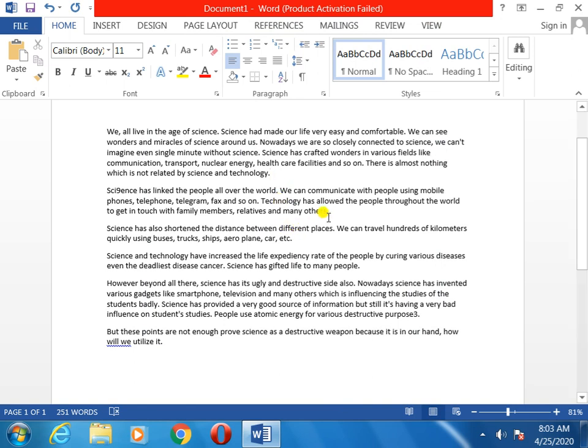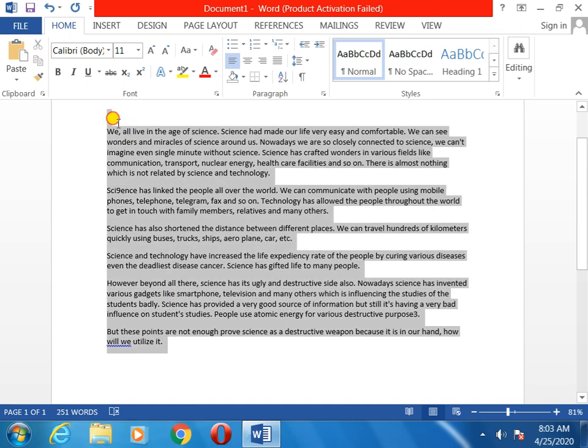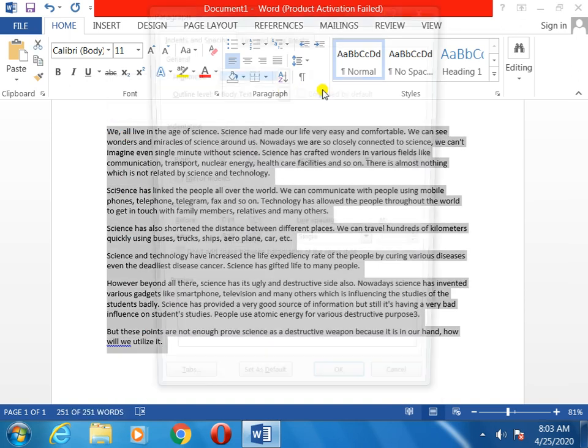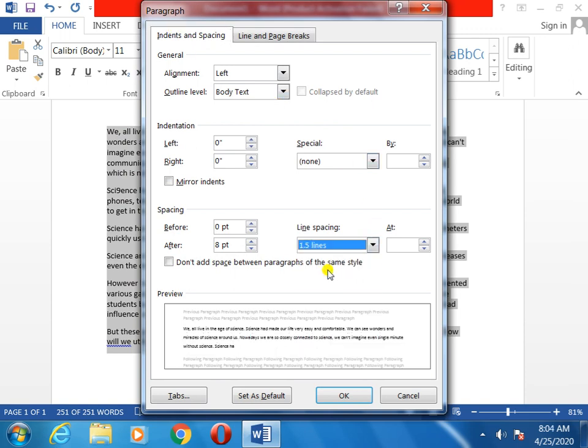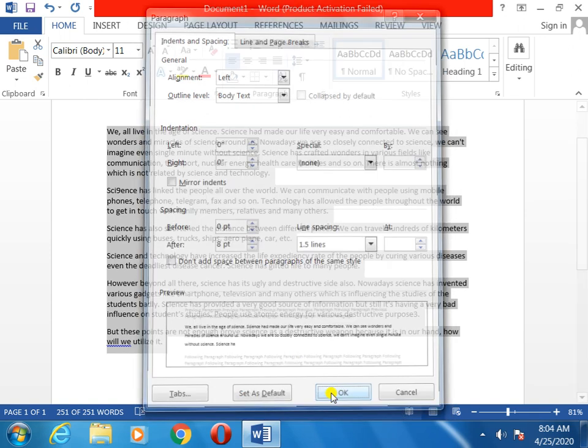Here there is no line space. Okay, understood? Now I am showing you once again how to give the line space. Select paragraph, then this tab, line spacing 1.5, then click on OK.